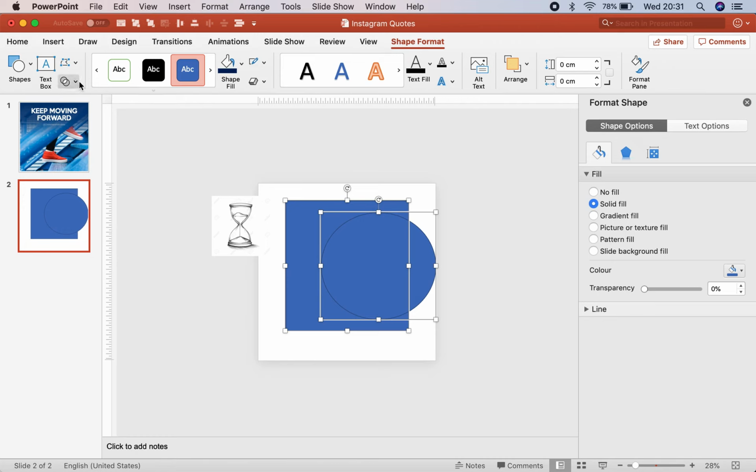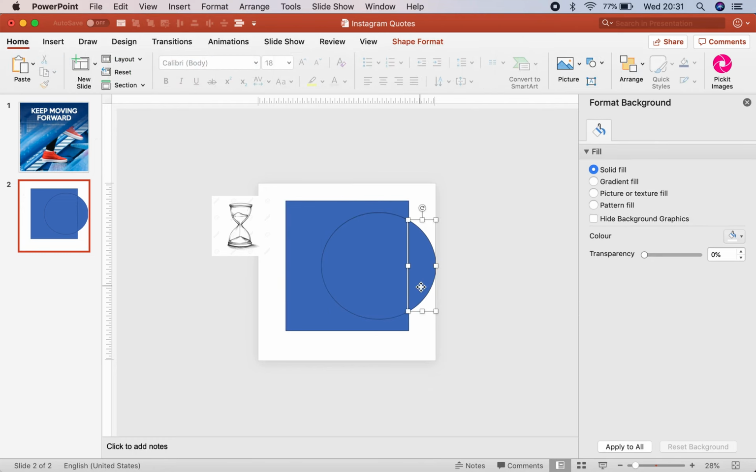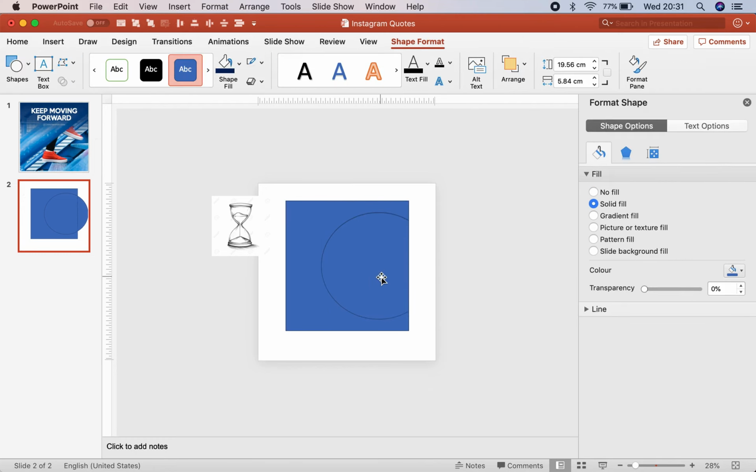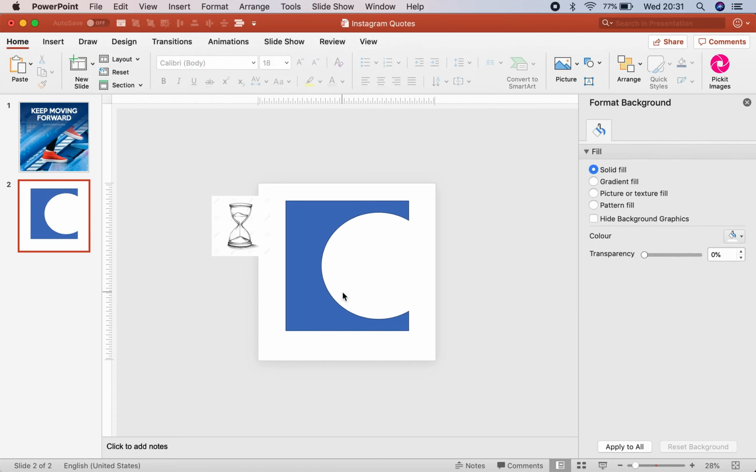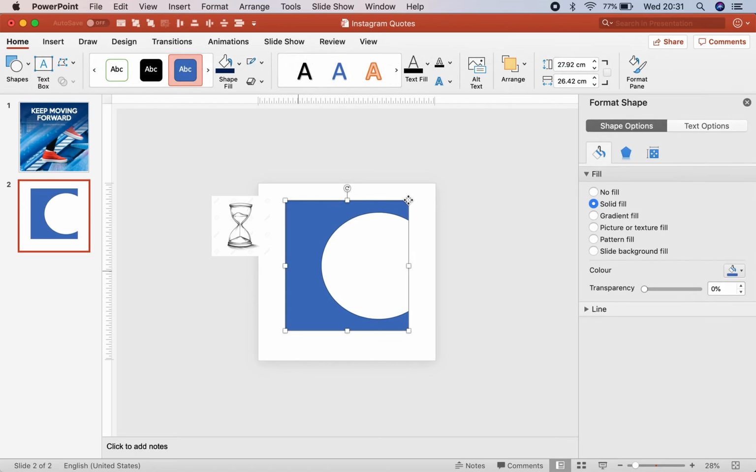So we come here to shape format and then to this stuff, and then we fragment it. Okay, then we take this one, delete it, we take this one, delete it. Now you have a big square inside your box. Okay, so we can say